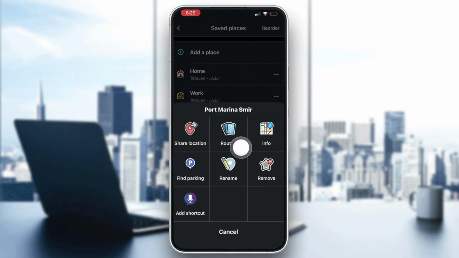So if you need to change the address, or if the saved location has moved or the pin is incorrect, just edit the location and search for the correct address and make sure the map pin is positioned accurately before saving. So your updated saved place should then appear with the new information the next time you access